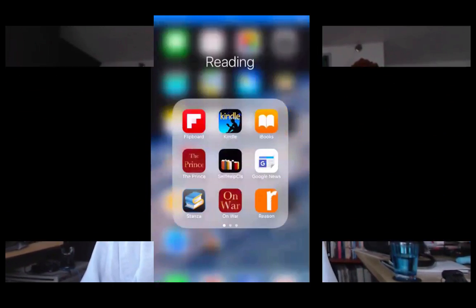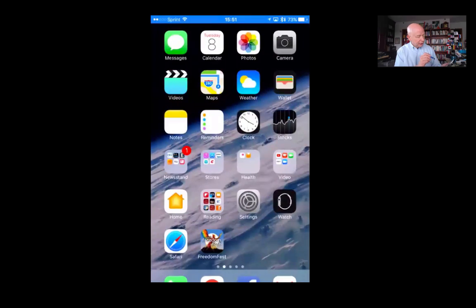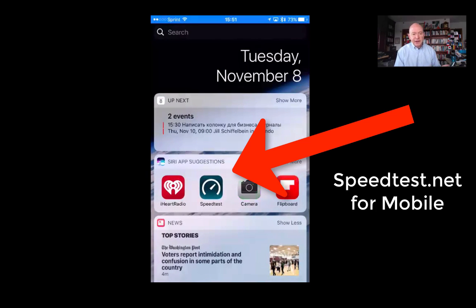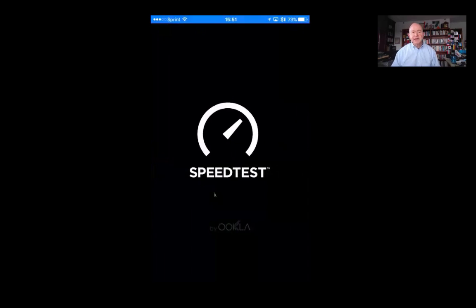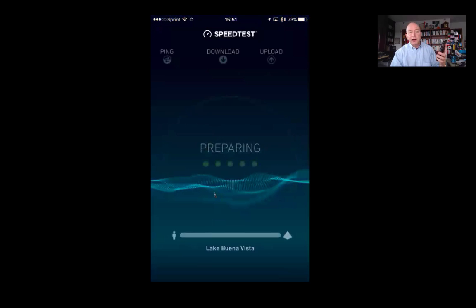Another tool that is real handy when you're moving around is the ability to find out what kind of internet speed you're getting. To do that, I'm going to use a tool called speedtest.net. You'll see that I have that on the screen right here. So what I'm going to do is tap on that. And when I go into speed test, it's going to take a look at what we're doing and where we are right now. Notice it asks me to begin test, so I'll take my stylus and tap on begin test,